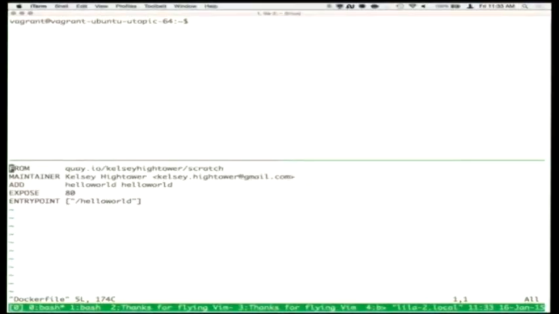The FROM line here is the root of the container, and the scratch container essentially is a completely empty file system. The maintainer is Kelsey. We're going to add this hello world binary into the container, and it's going to be called /hello world. We're not going to put it anywhere fancy. We're going to tell the system that it's going to be exposing a single TCP service on port 80, and that when you want to start the container up, you're going to execute /hello world, and that's the entire metadata